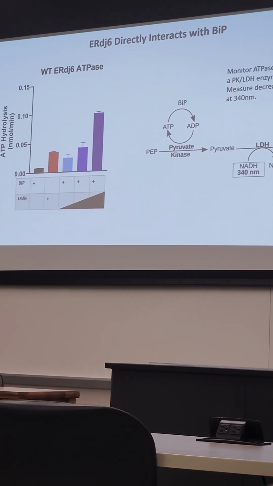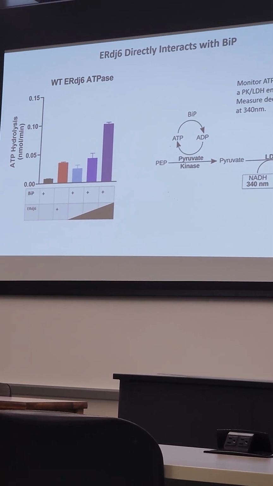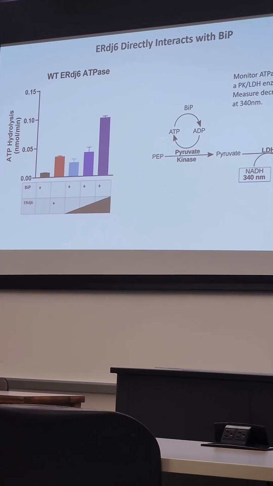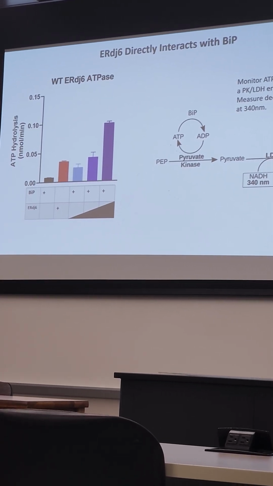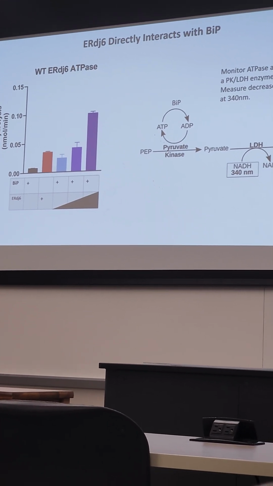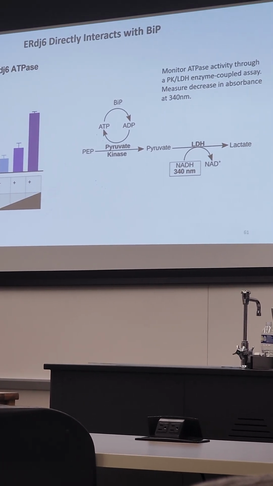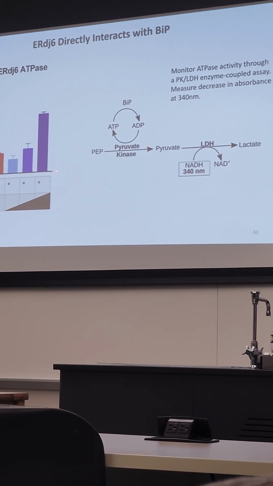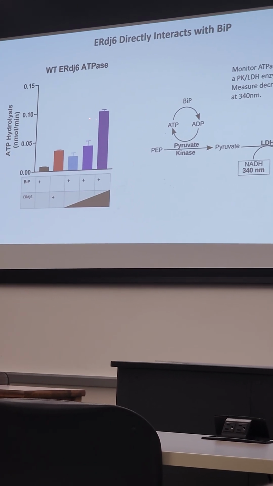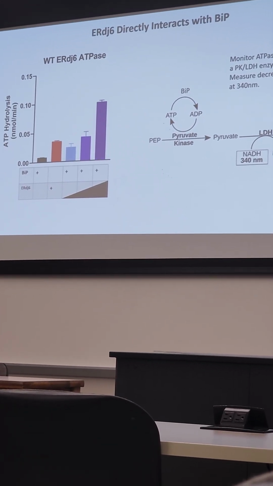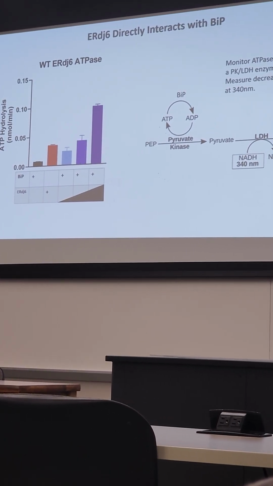Given the role of J proteins in their interactions with BiP, which I've touched on a couple of times, it was important to determine if our ERdj6 protein was able to stimulate BiP ATP hydrolysis activity. We found that although ERdj6 has some background activity alone, at saturating concentrations ERdj6 can adequately enhance the ATP hydrolysis rate of BiP, which is very low on its own.